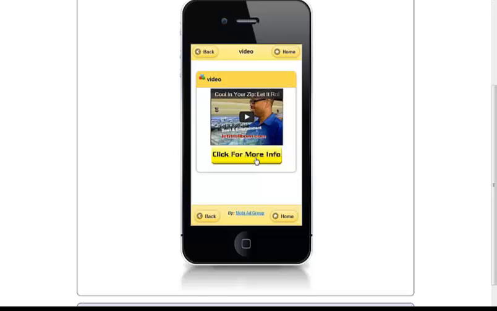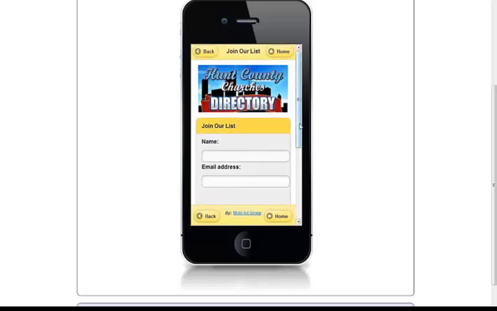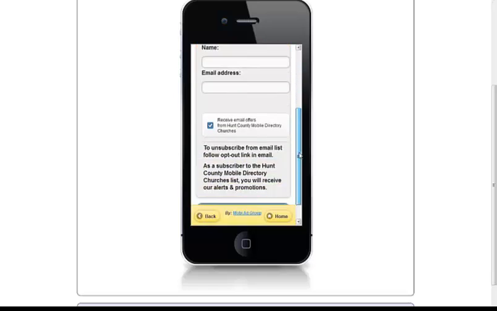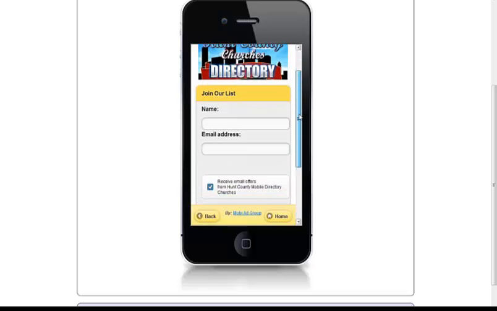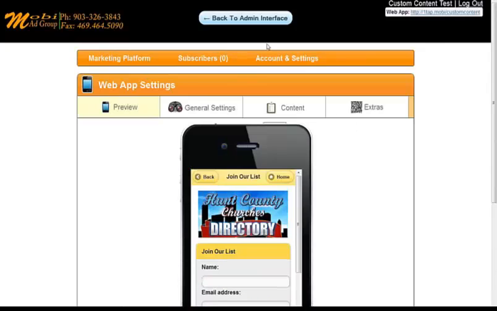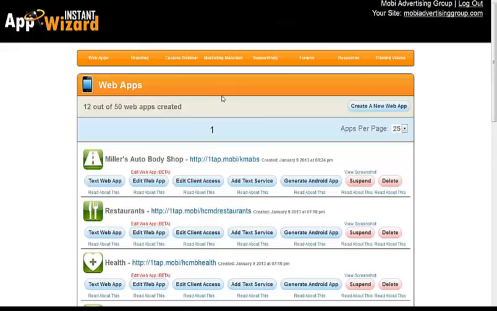Why does Kerry want that to happen? Because Kerry believes that they need to stay inside his mobile app. I don't want them going anywhere else. They're going to click on that, and lo and behold, it takes them over to the Join Our List section to get more info. They never left my mobile app. That's how important that custom content section is, and learning how to use that.